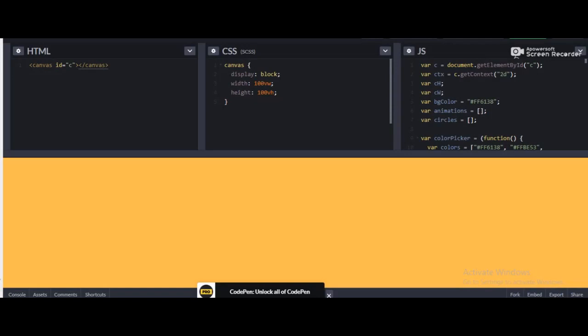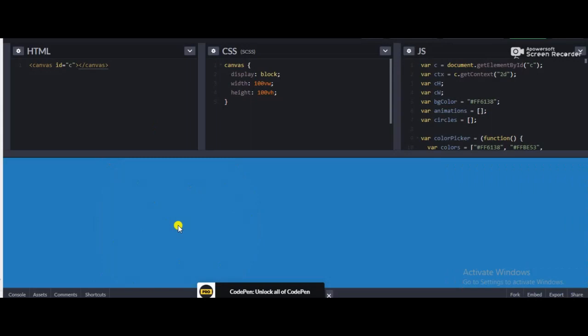Now first of all we need to understand how to make this animation by using anime.js. You just need to add this HTML tag in your HTML body. After that, this is the declaration of an attribute called id, and the value of the attribute is c. What happens when you apply the CSS on the canvas selector? So this is the canvas tag, and this is a block element, display block, with width and height.